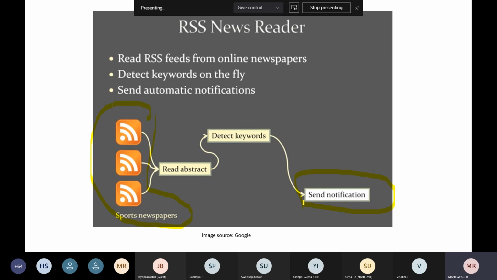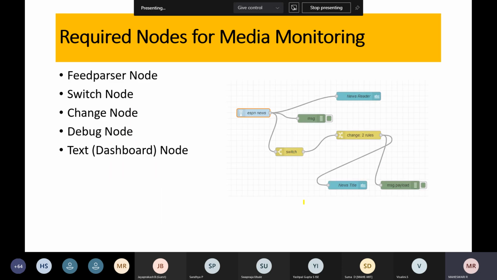Similarly, if you go through an e-newspaper on sports or politics, after a few times, recommendations will be given to you. This can be done using RSS. So this is the complete node flow of this RSS.